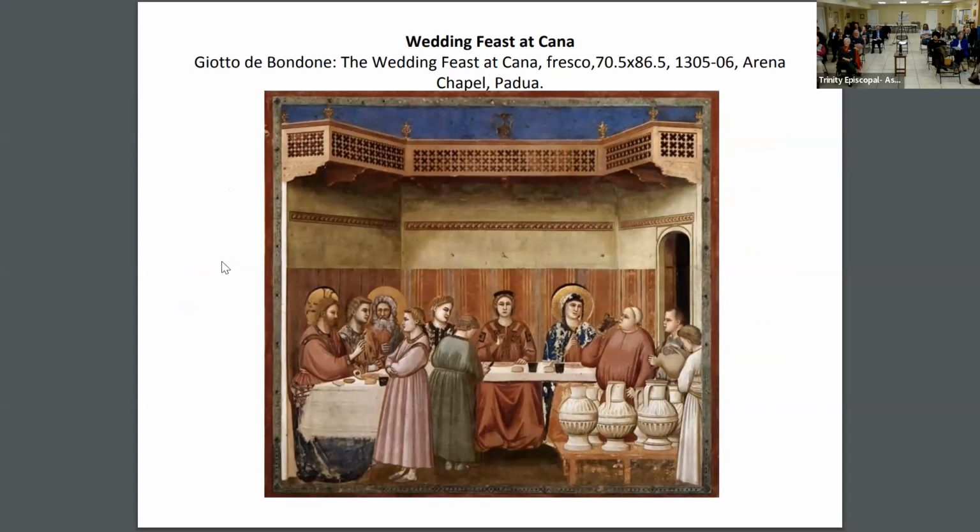So this is Giotto. We're back again. This is in the cycle in the Arena Chapel of Jesus's life. This would be the middle tier. And it's interesting, the planning of this. So this is Mary, haloed. This is the bride,